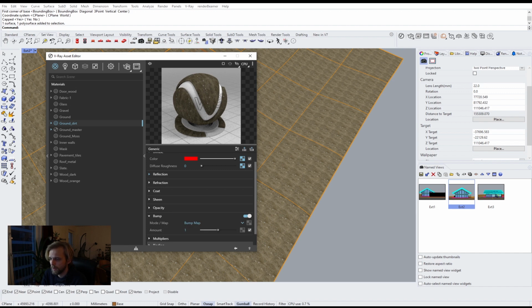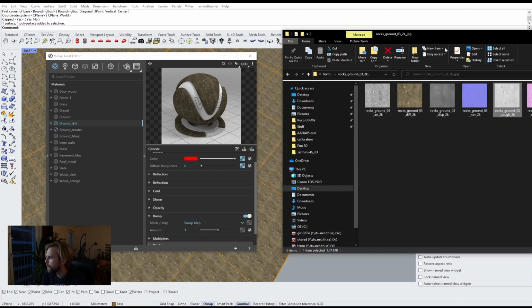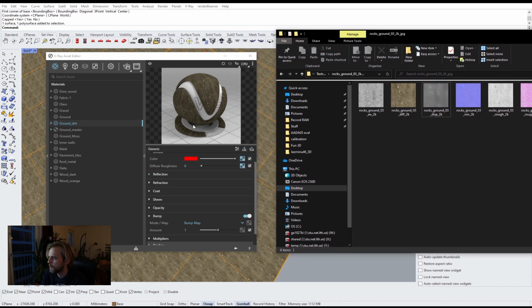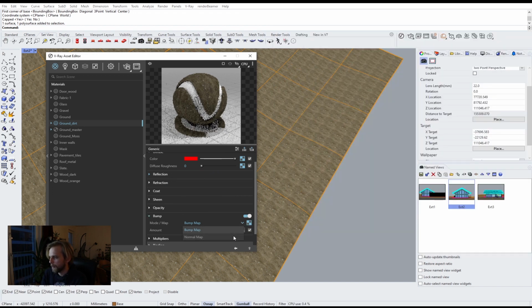The bump map, I did see that there is a bump, or rather a normal map here that we can use. There's also a displacement map, but we don't really need a displacement map for this kind of a material, so I'll just use the normal. Light here, normal map. And amount, let's go for 20 centimeters, 20 millimeters, so 2 centimeters, maybe more. Let's do 30,